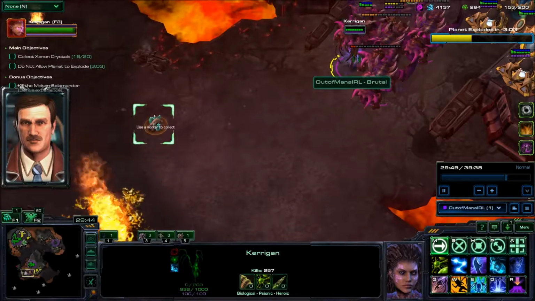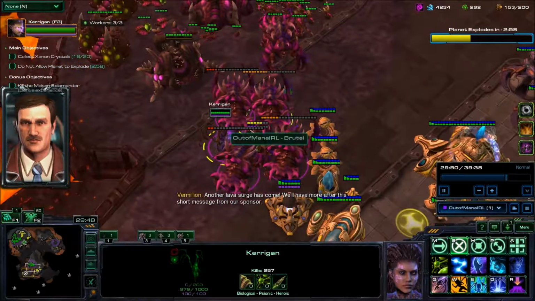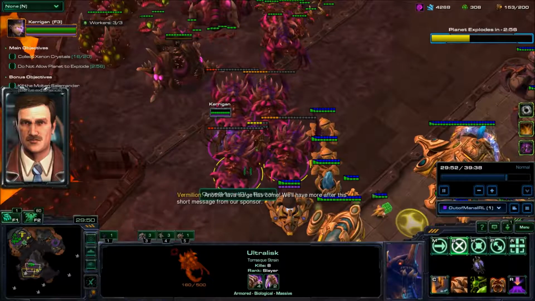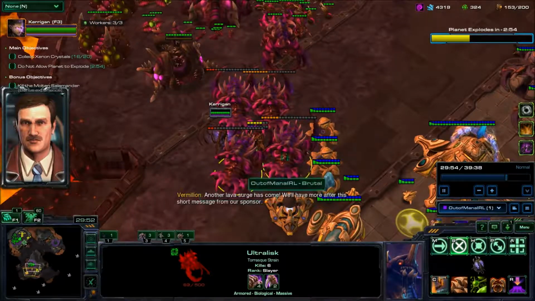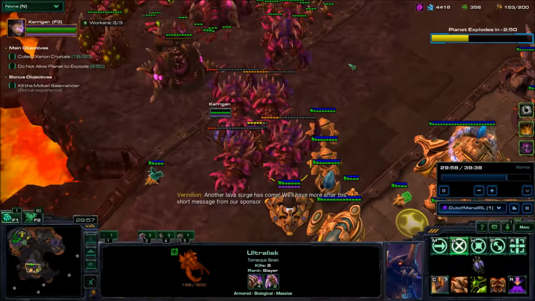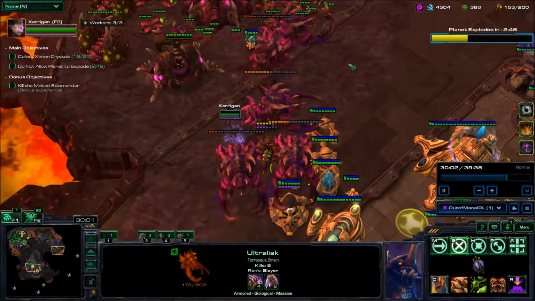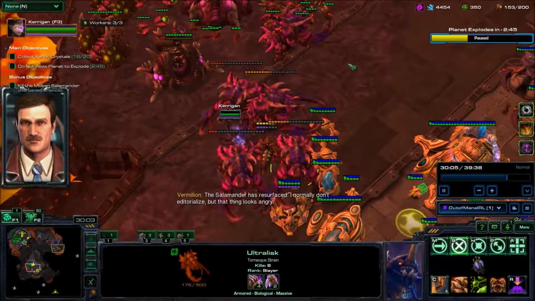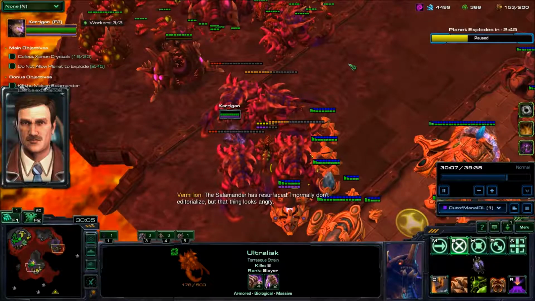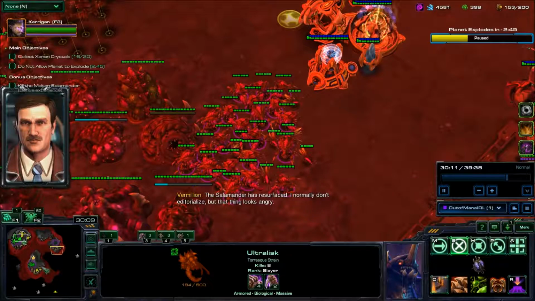The problem is they just blow Karrigan up quite heavily. If you planned on doing Ultralisks from the very beginning, they're the right way to go with the reincarnation. If you want to try it out that way, it might be a bit of fun, but you need to have made that decision before you began, as opposed to switching up in the middle, where I've already wasted a ton of resources on